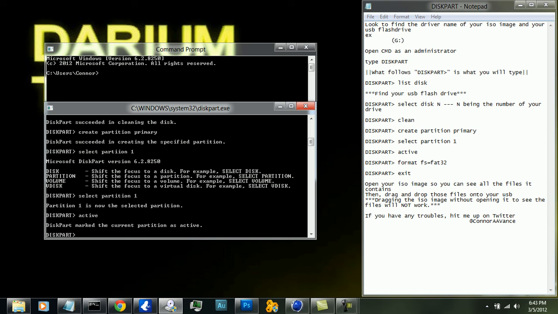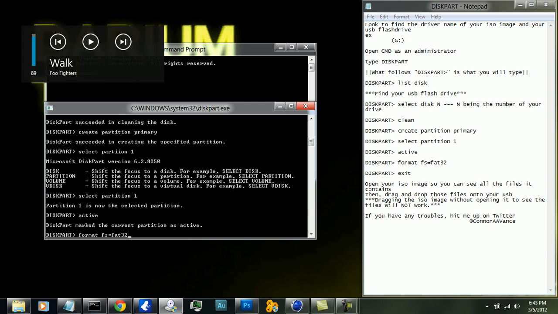I'm just going to skip the formatting process, but you're going to type in format fs equals fat32, and you're going to want to let that format. So once that is done, come back. Okay, once you're done formatting,